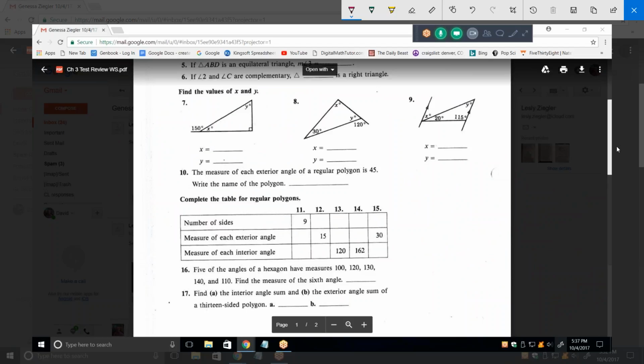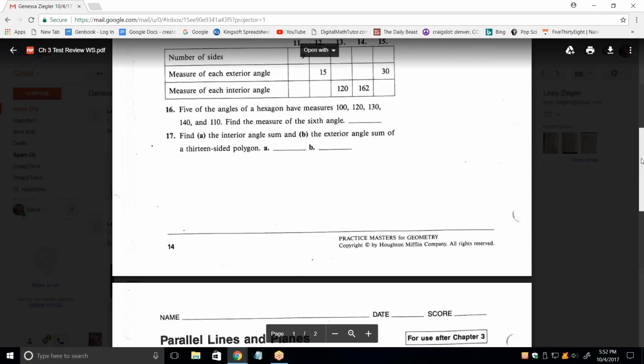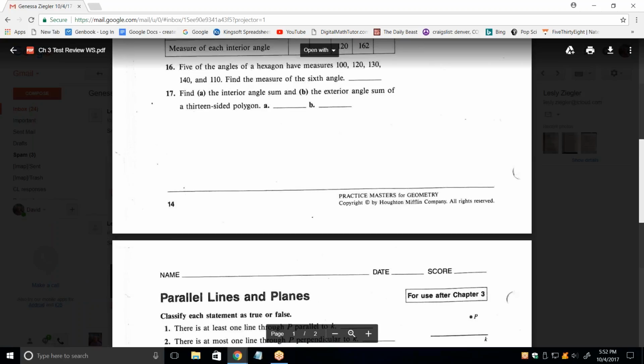Here, is that the bottom of the, no, it's not the bottom. Let me scroll down here. Well,